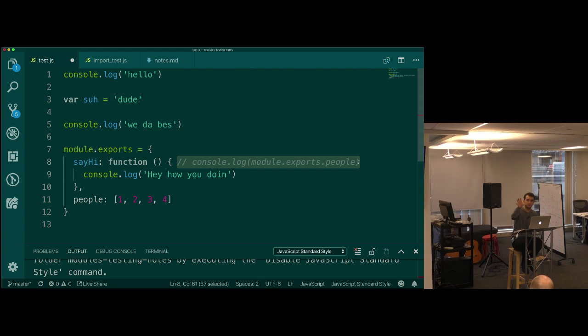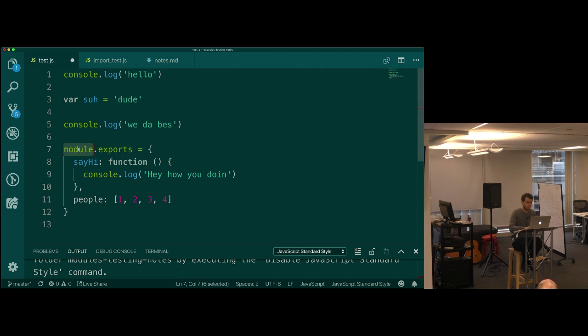So for Victoria, the question was, inside of this say hi function that I've started to write, can I refer to properties inside of module that are not exports? I'll say yeah. I can't think of a reason why you would need to or want to. For the purposes of this lecture, I'm only going to focus on the exports property of module, but I invite you to look at the other ones. It's just a little bit outside of the scope of this lecture.